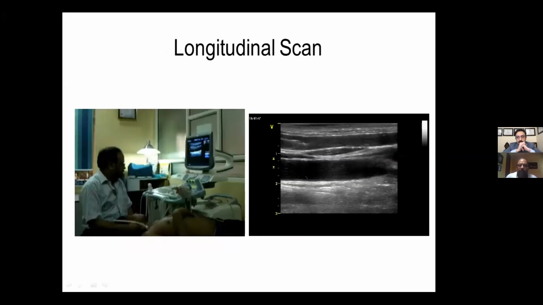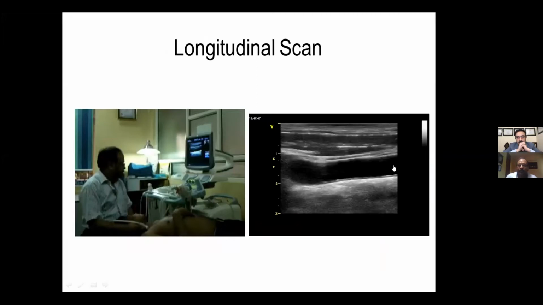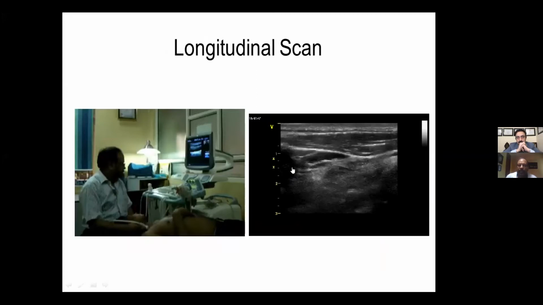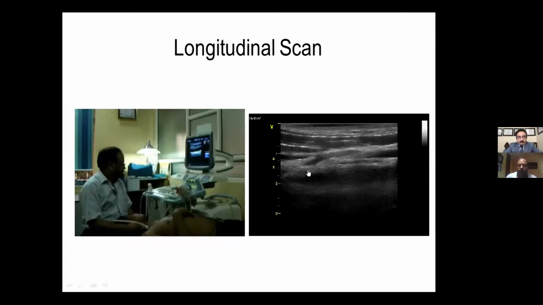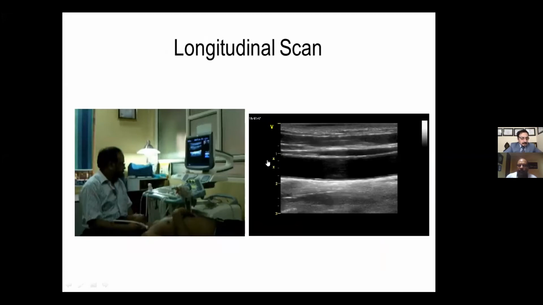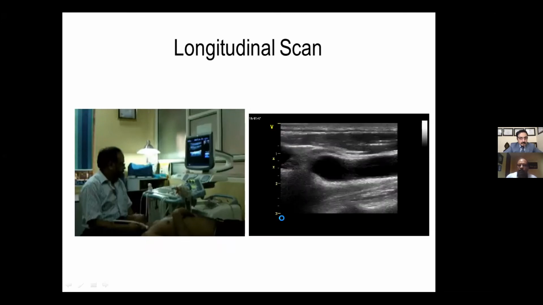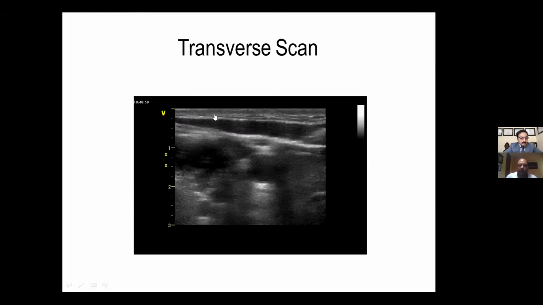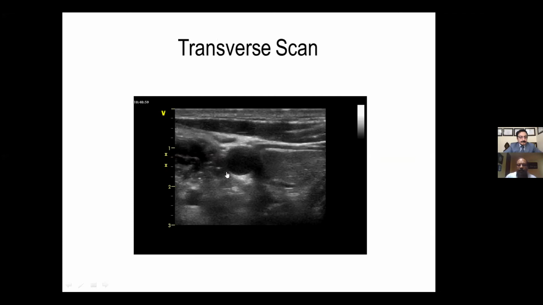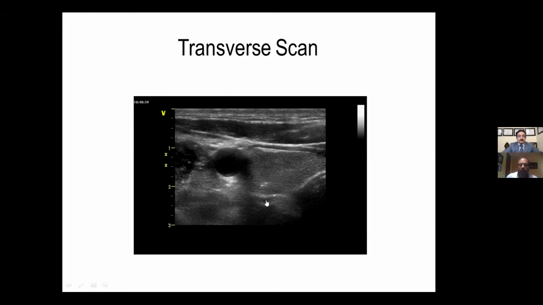And here is a longitudinal scan which you are doing by moving in antegrade direction from feet towards his head. And as you can see, the bifurcation of the carotid vessels. Here is the common carotid artery. And as we go antegrade, we can see the bifurcation into internal and external carotid artery. We not only do this in long axis, we also do it in short axis view, so that we see the common carotid vessel, and as we go antegrade, we see the bifurcation of this vessel with a carotid bulb and subsequently internal carotid and external carotid artery.